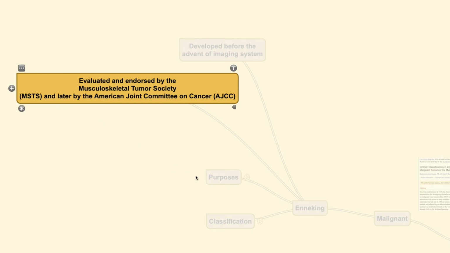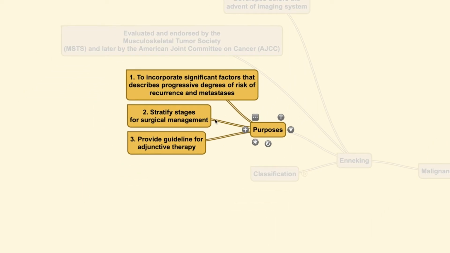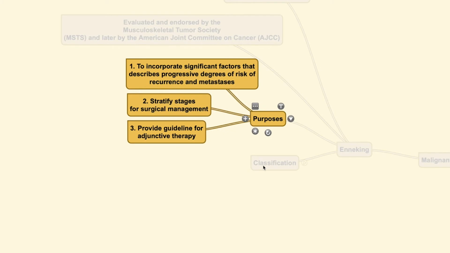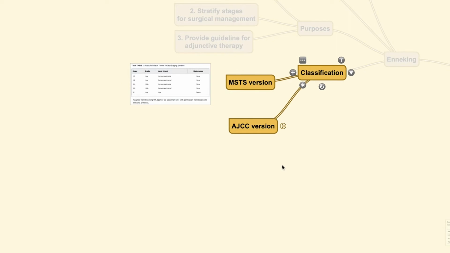on Cancer. So Enneking's purposes include to incorporate significant factors that describe the progressive degrees of risk of recurrences and metastasis. They also stratify stages for surgical management and provide guidelines for any adjunctive therapy. So based on all these factors, Enneking classified them, starting from the first version. We'll talk about that first. From the MSTS version,